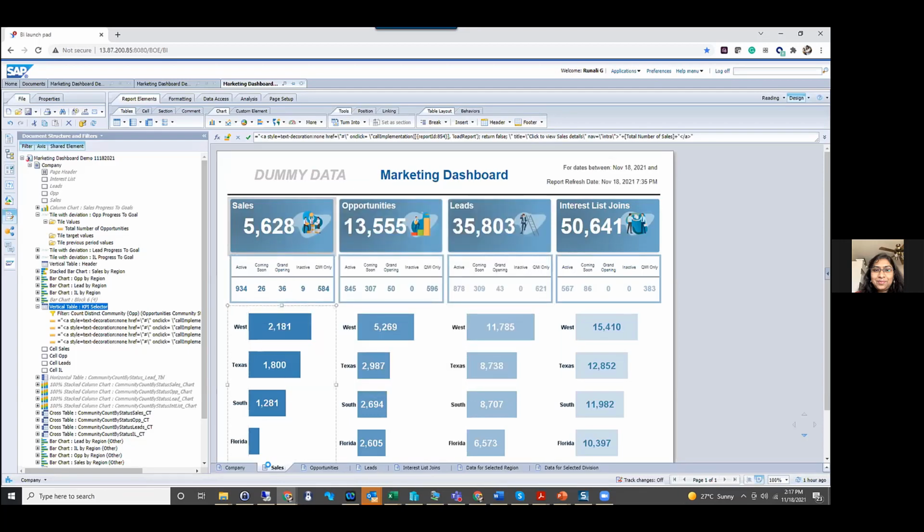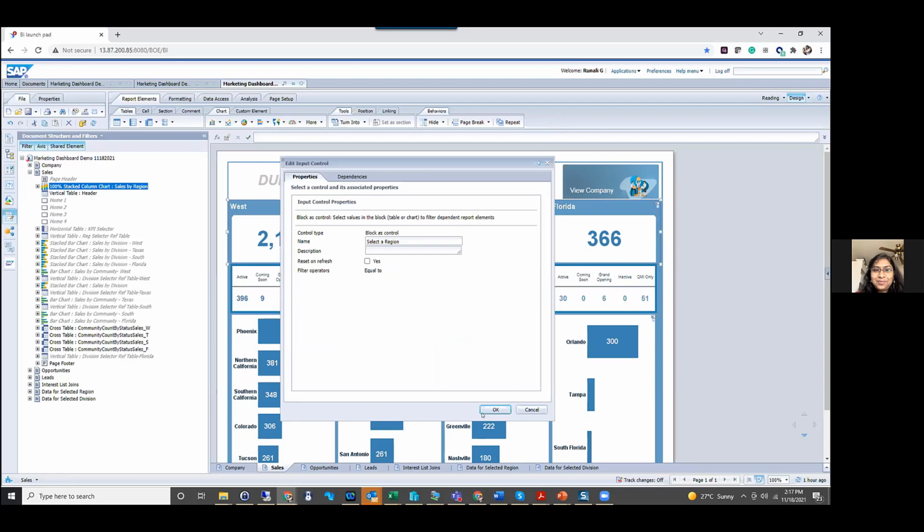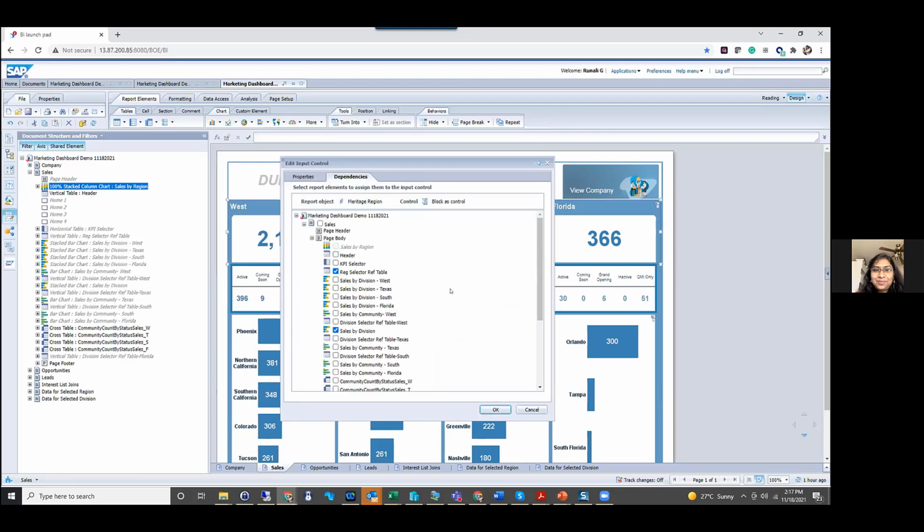And in the sales tab, this is where I have a column chart, which shows the different values by region. And then over here, I have element linking set up to filter the charts by region. But I'm not only filtering the chart, I'm also filtering a reference table